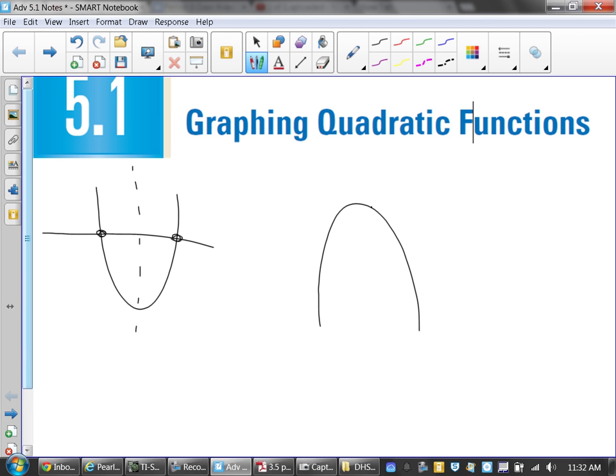If you look at just this one quick rough sketch there, everybody sees how it's up like a cup, which means what was your first term, positive or negative? Positive. Your a value was positive, as well as you had a couple of zeros, so you had real solutions. Well, what we're going to be able to do here, not only are we going to be going up and down,